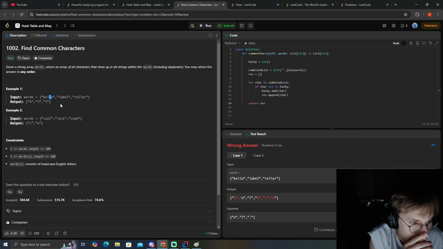I think we have to do this a different way. I thought we were just getting duplicates in each character, but since we have many different words to work with, then